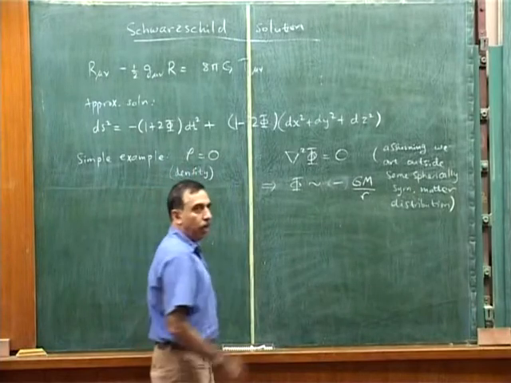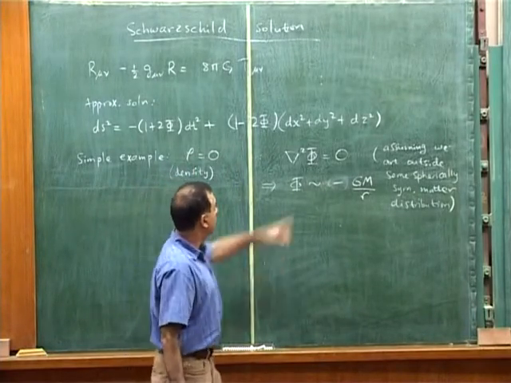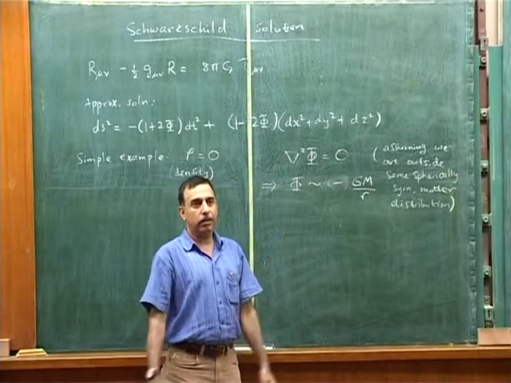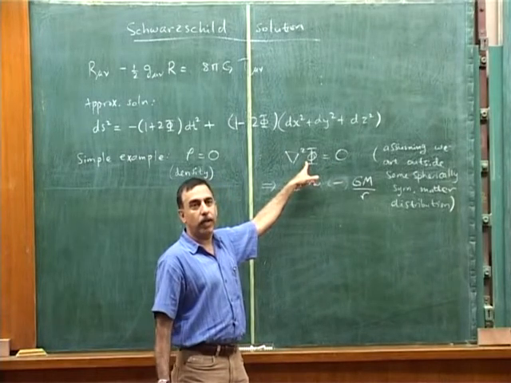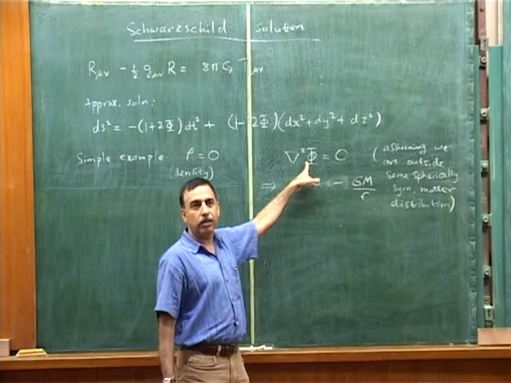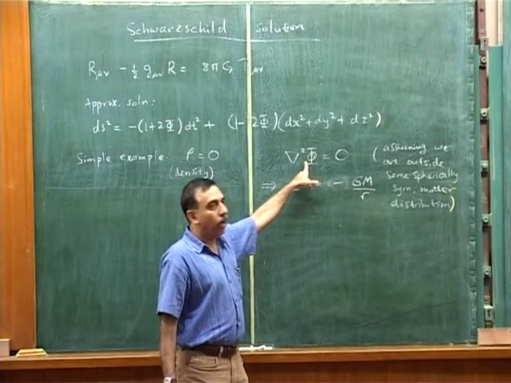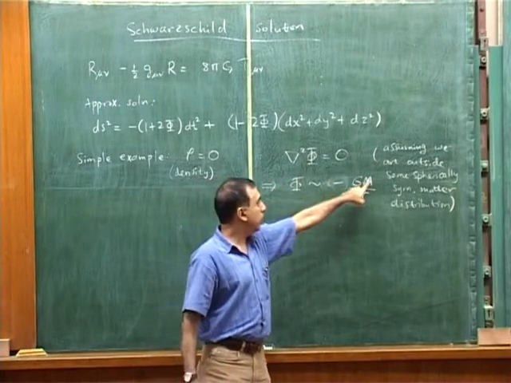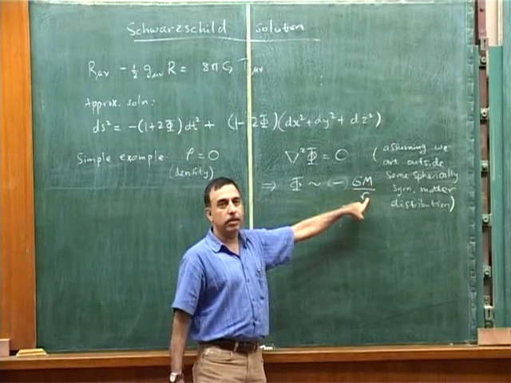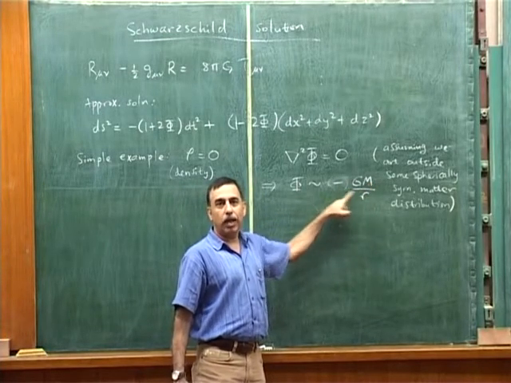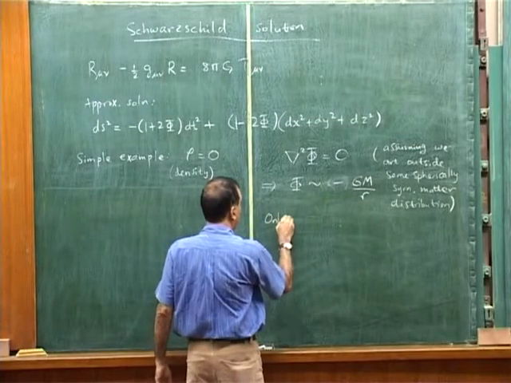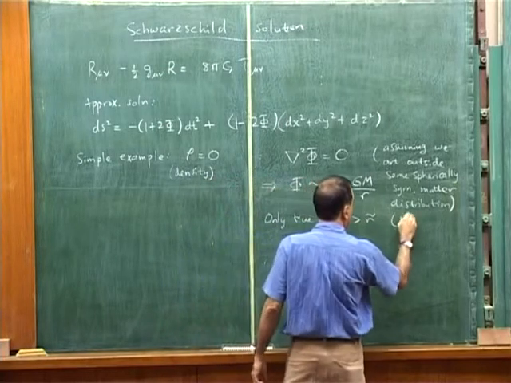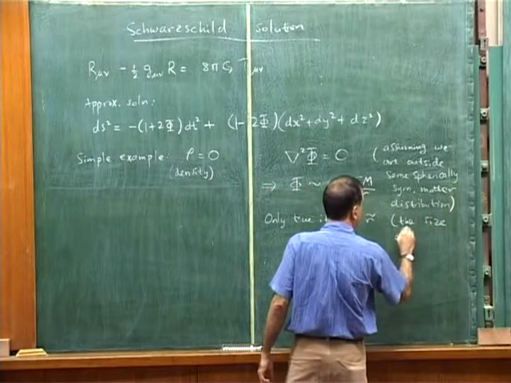It's not a point. It could be a point, but it needn't be a point. Wherever we are, as long as we are far away from, let's say, the Earth, this equation is true if I am trying to find the Newtonian gravitational potential of the Earth. It's true when r is greater than, whatever, 7,000 kilometers. This is the answer, where G is a fixed constant, M is the mass of the Earth and r is the distance to the center of the Earth. But it's only true if r is greater than r tilde, the size of the distribution.